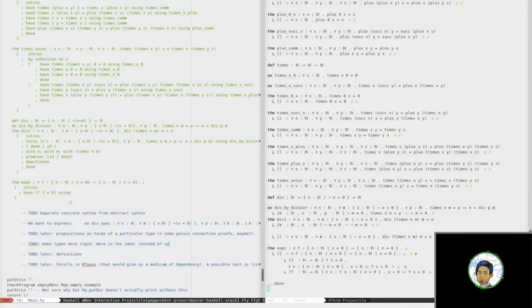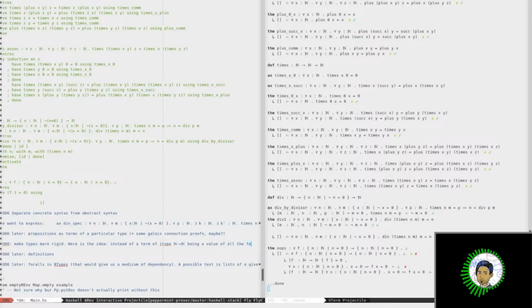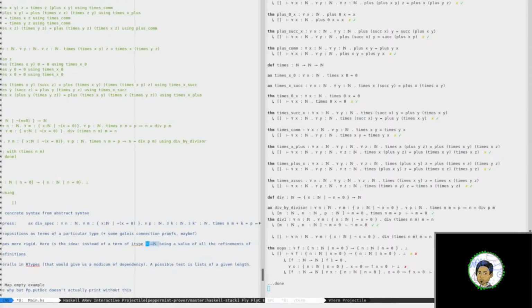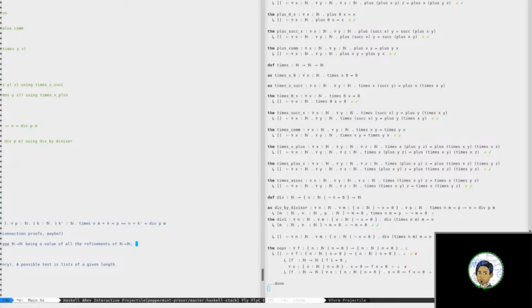Instead of systematically a term of I type, R type, I type, yeah, intrinsic type, like being a value of all the refinement of, I'm going to copy this, don't want to type it every time. It will only be a value of type